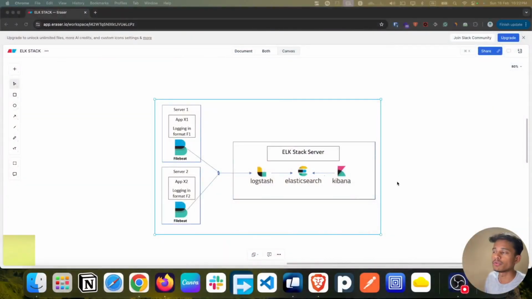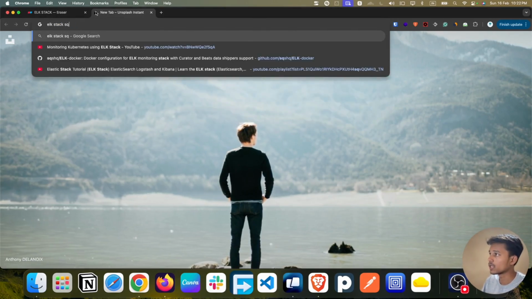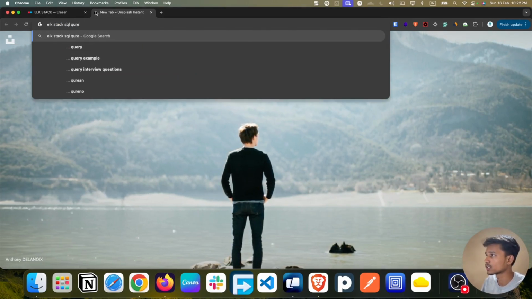Now the main question arises: why should you opt for the ELK stack rather than the traditional ones, like Loki, Prometheus, Grafana and so on? The answer is straightforward. The ELK stack is much more powerful than your usual tools like Loki and Grafana, because if you just search ELK stack SQL queries example